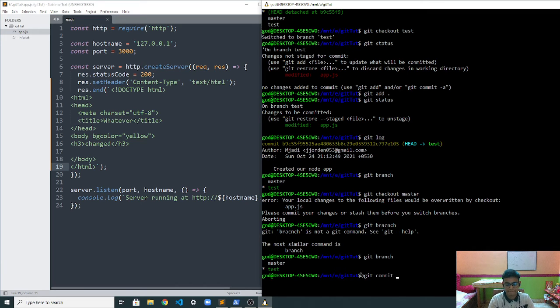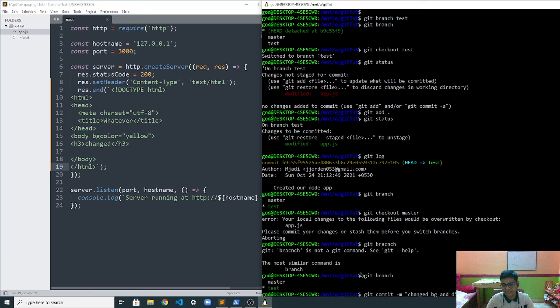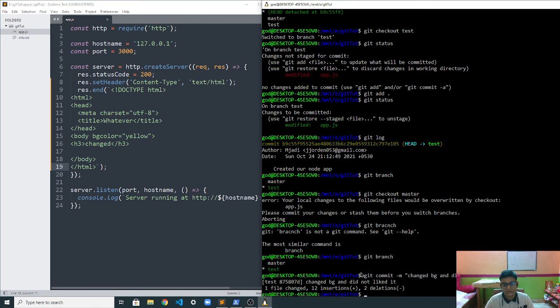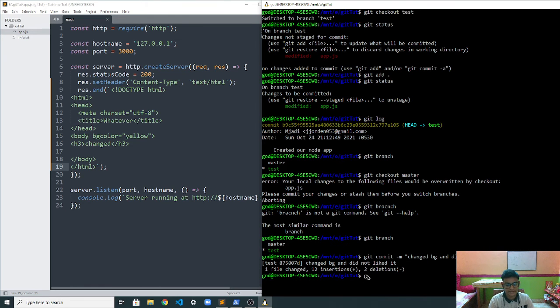Commit -m "changed bg and did not like it". Okay, so here we committed it, and git log.